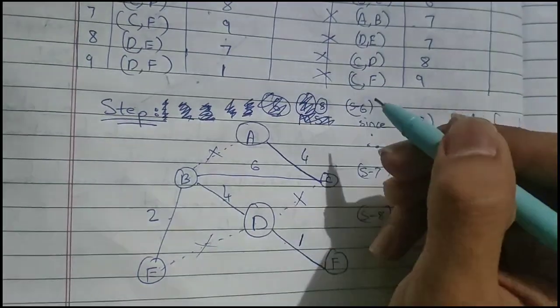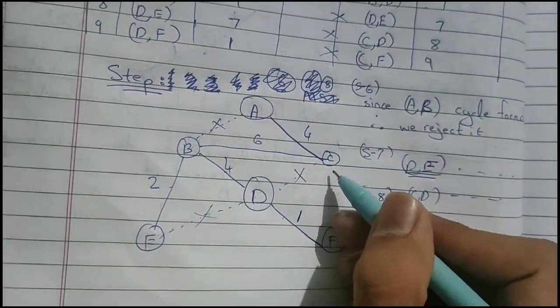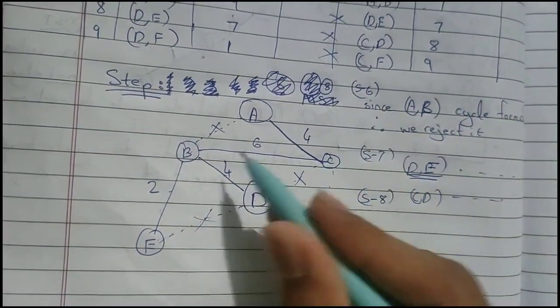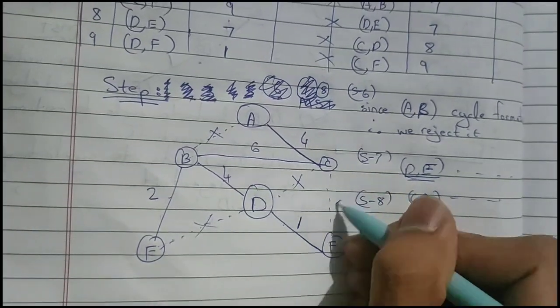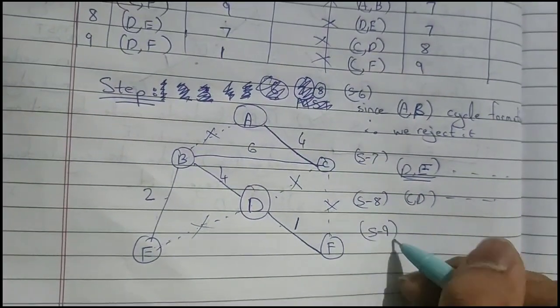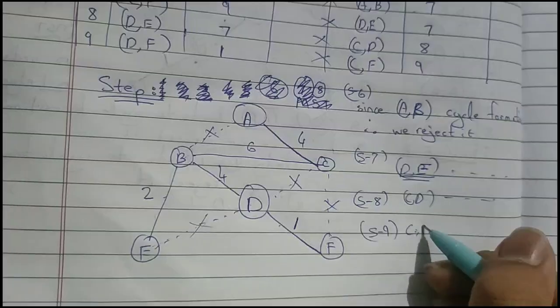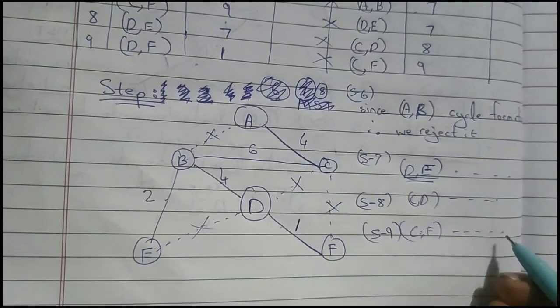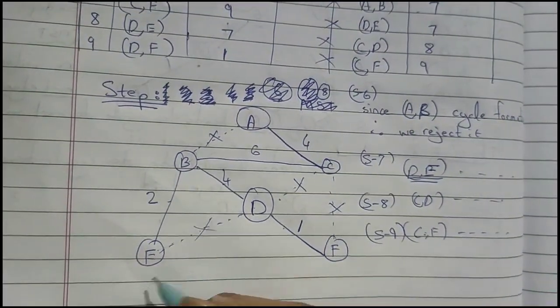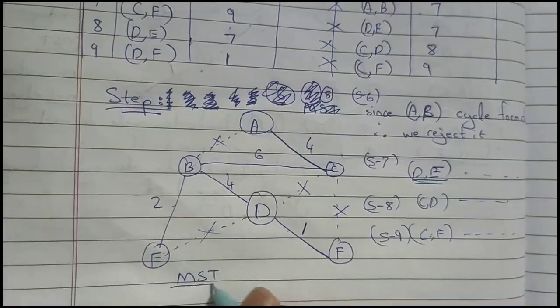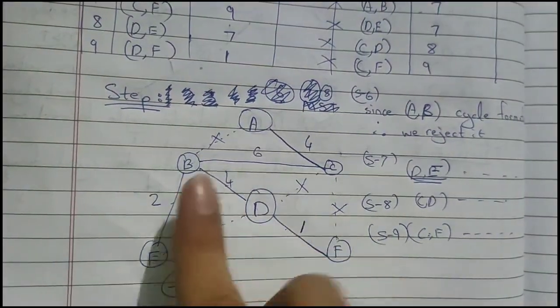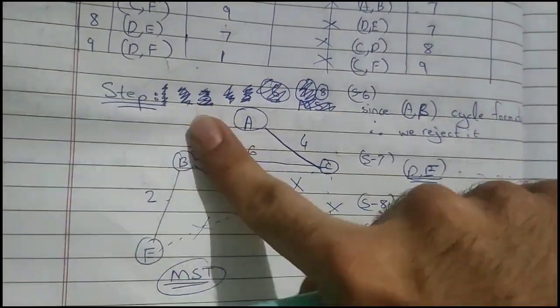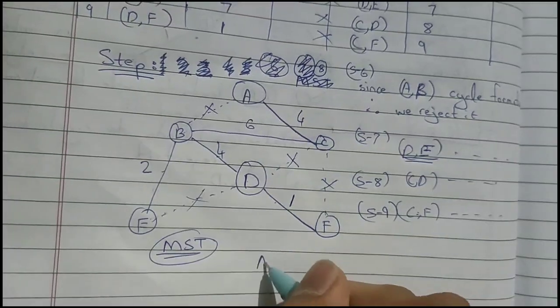Okay, so this is also done. And then finally in step 9, which is for the last edge, that will also be rejected. As you can see, that too will lead to a cycle formation, so you can write that also. In the last step, C comma F also gets rejected because it leads to cycle formation. And finally you can write